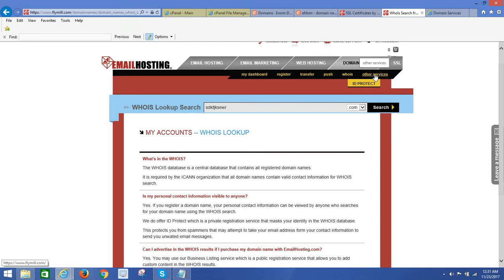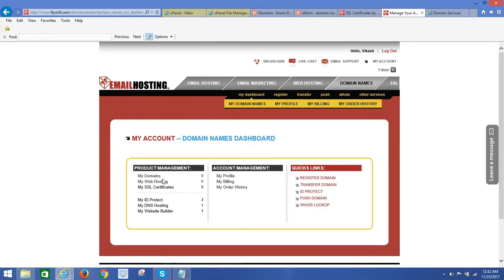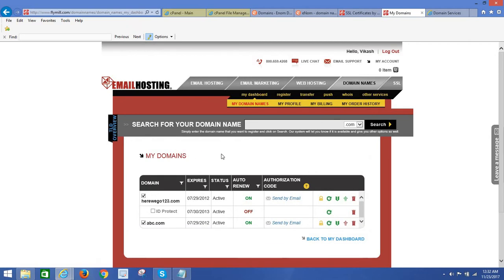For other services, there's only one, ID protect. That's another thing that would need to be programmed in, and I believe there's old code underneath somewhere where you can see how the registration of ID protect takes place. And whenever anyone purchases these products, they should appear in my dashboard over here. If they click on this, it should go to a page similar to my domains, where it would be my ID protect,